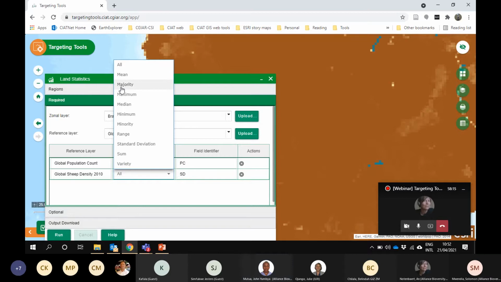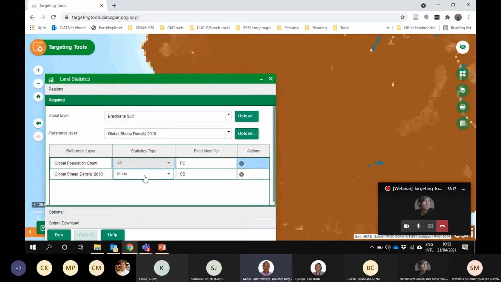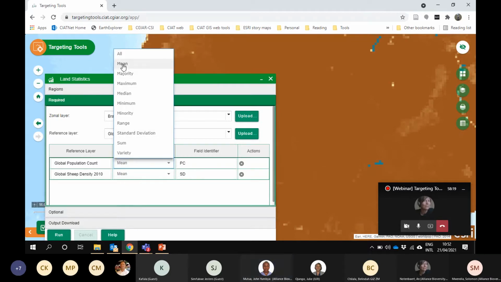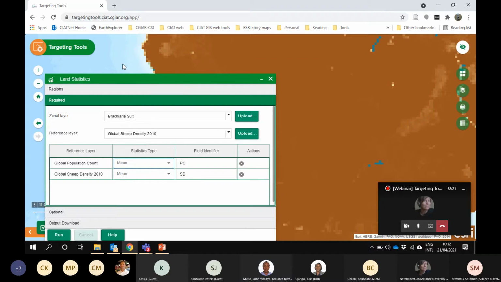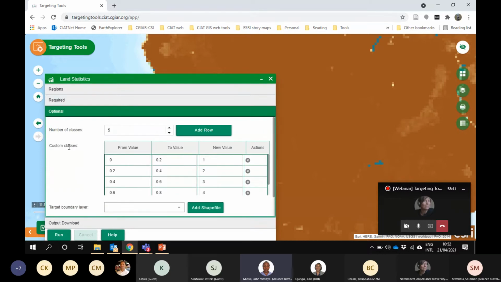Mean. Let's say we want to calculate mean. Yeah, this is a field identifier for these reference layers because you'll be getting a table with the various statistics, just one table with the various statistics. So you need to identify each of those fields. And you have some optional ones here. So the application was able to